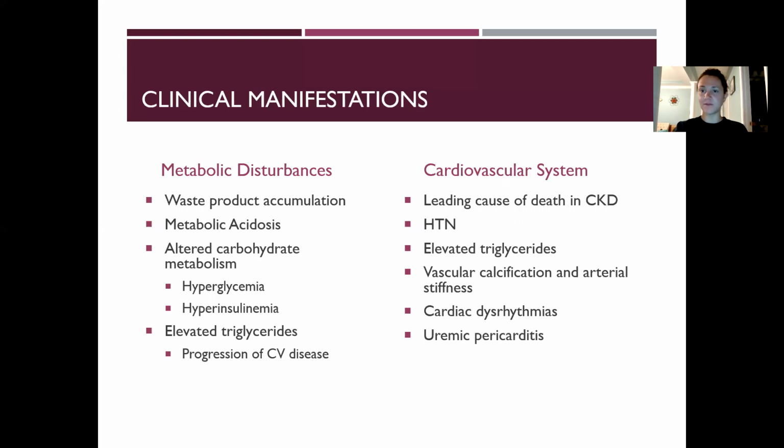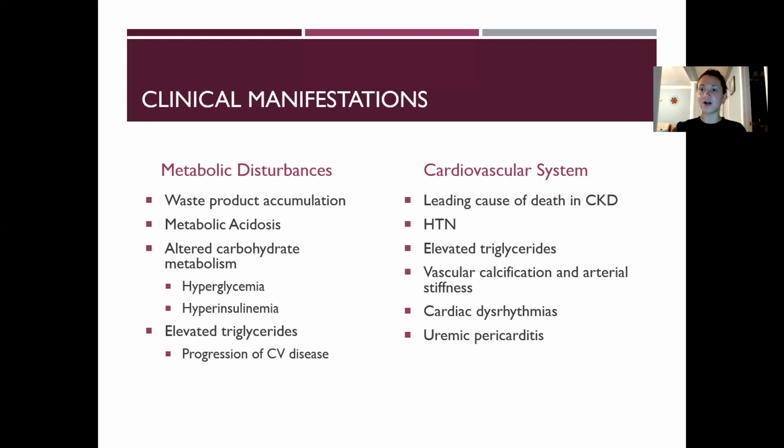We'll definitely see high blood pressure with this, elevated triglycerides, as we just said. Vascular calcification and arterial stiffness is referring to vessels. So vessels will be kind of stenosed from plaque buildup, also from the prolonged exposure to high glucose counts in the body, high cholesterol and triglycerides in the body. This can all lead to calcification and stiffness of both the venous and arterial vessels.